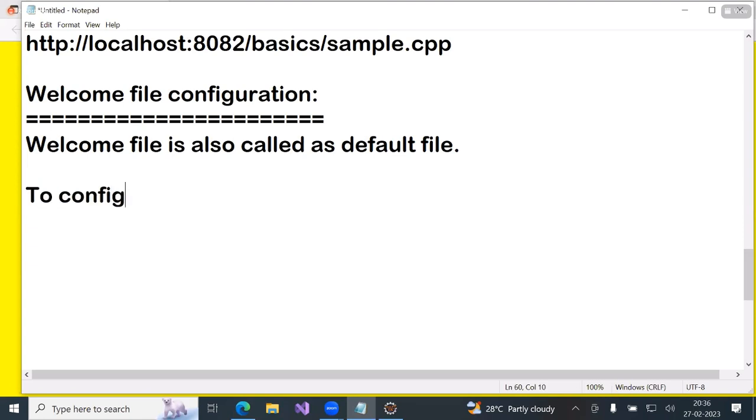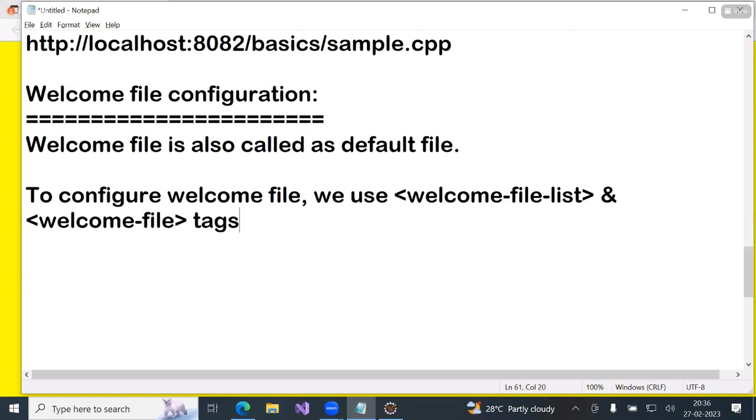To configure welcome files, we use welcome file list tags in web.xml. Example,